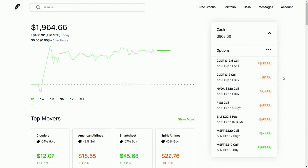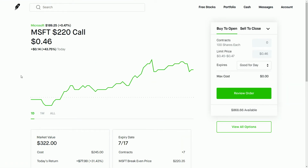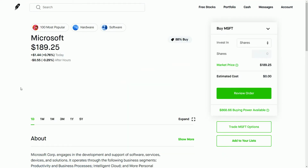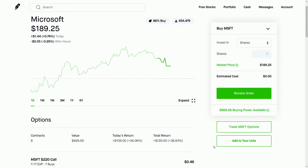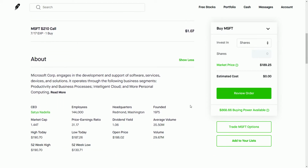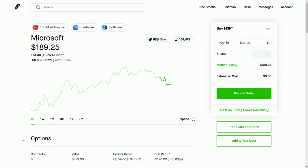The other play that I talked about, and we are in, is this Microsoft play. Microsoft tried once to break their all-time high. It doesn't show it here, but I was watching it. It did hit that 190.70. Why is that a big deal? Well, let me show you. The all-time high, or the 52-week high, is that 190.70. The high today, 190.70. So we weren't able to break that high, but again, Microsoft, these tech stocks, these are